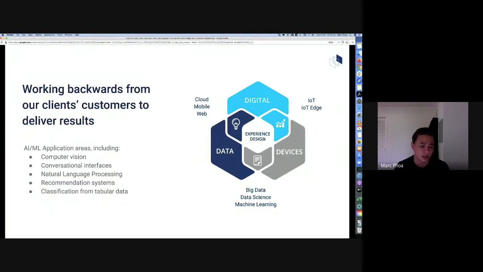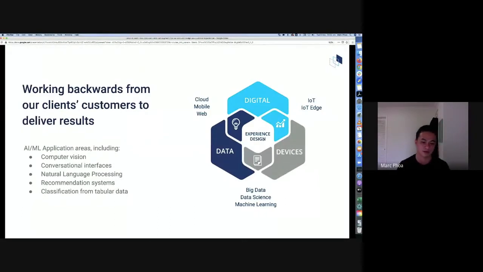We're quite unique in that we have deep in-house expertise across digital, data and devices and how to bring it all together from experimentation right through to the rigor required for production. And we do all of this with a cross-functional approach and with experience design at the heart of it all, as you can see on the graphic on the right.